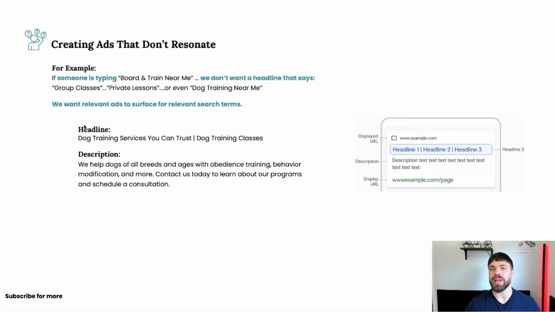So if someone is typing in board and train near me, you don't want the headline to say something like dog training services you can trust, dog training classes. And you don't want a description that says, we help dogs of all breeds and ages with obedience training, behavior modification, and more. Contact us today to learn more about our programs and schedule a consultation. While this may be true to your business, if someone is typing in board and train near me, we want headlines and descriptions that resonate with that particular search term. This is too general and it's less likely to get clicked